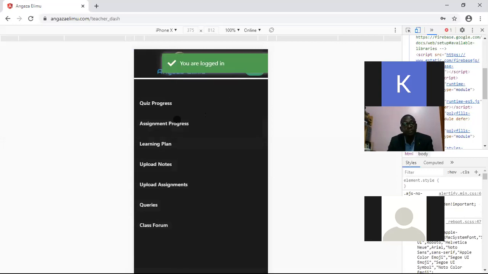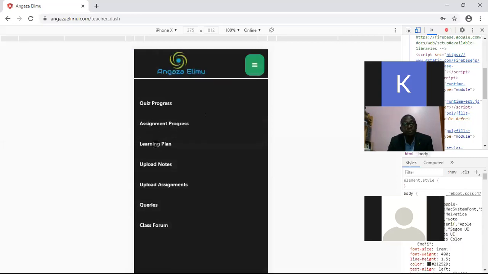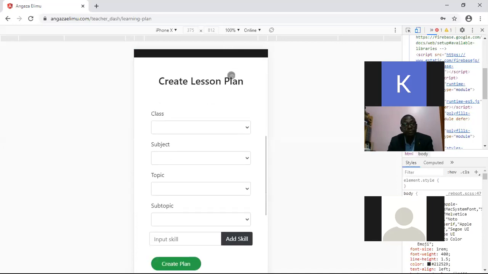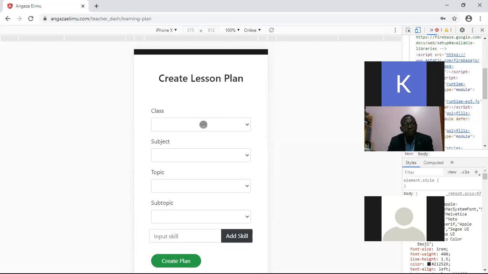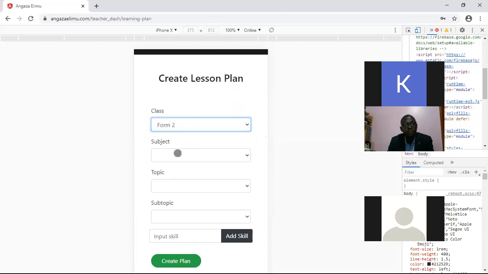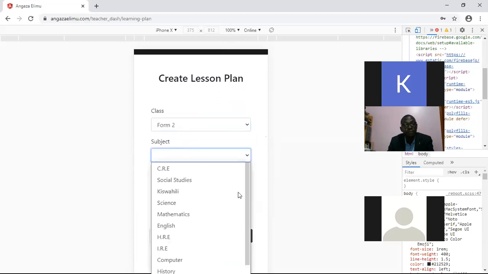And here it gives you, for example, as Teacher Maxwell said, the first pillar we did, the lesson planning. So you just click lesson planning and scroll down. And as you scroll down, you're able to query between the different subjects and classes, like Form 2. And then you can select different subjects, like secondary science or even math.